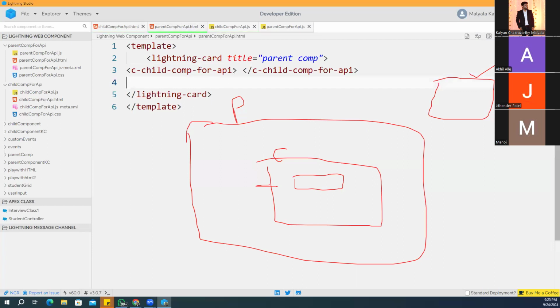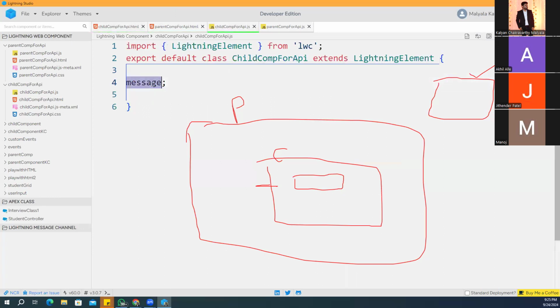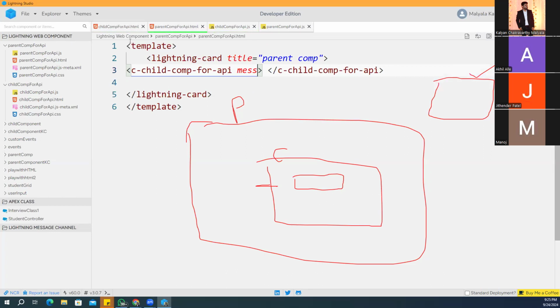How I can do it is, here you have to tell what the property is. Message property. That message property, in the parent component, if I'm using the child, I can write it as an attribute. So c-child message equals hello. What I have done is